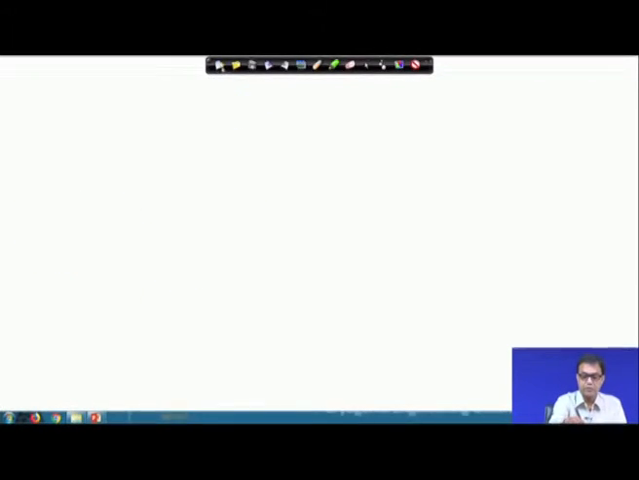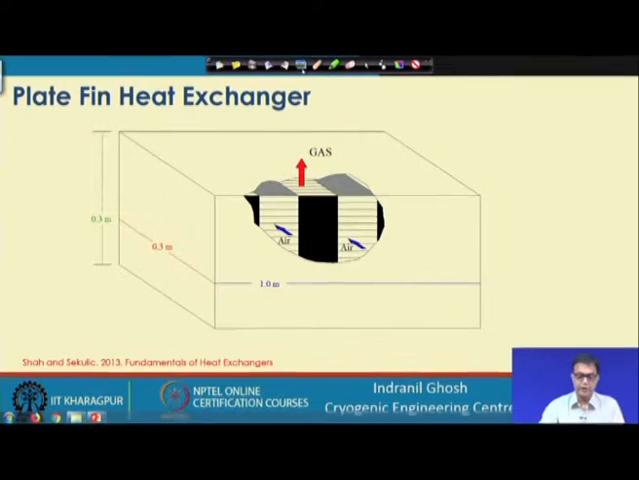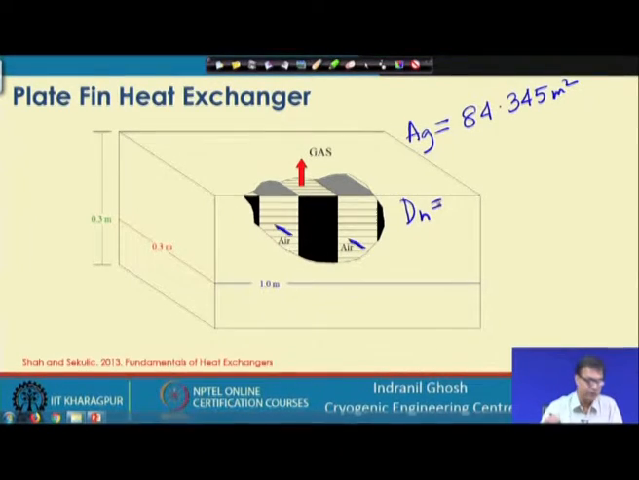So, now if we go back to our dimensions, for the air side and gas side we have been able to calculate the heat transfer area, and for the gas side, AG, it has been estimated to be 84.345 meter square. Now, the hydraulic diameter dH has already been given for this heat exchanger, and we know it to be